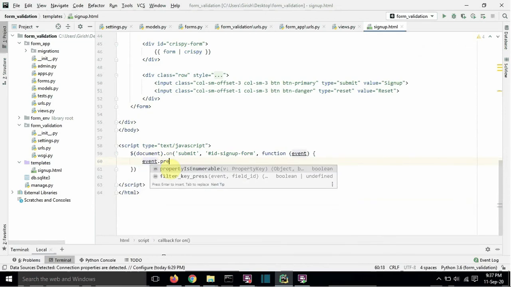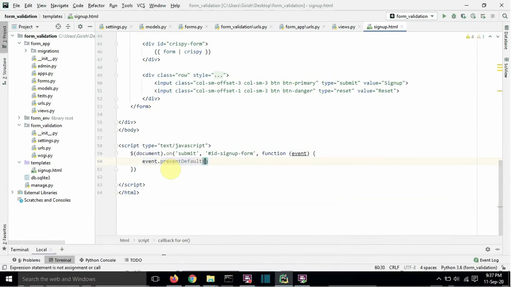Type here event dot prevent default, where sign up form ID equals to dollar ID of the form, that is ID sign up form,